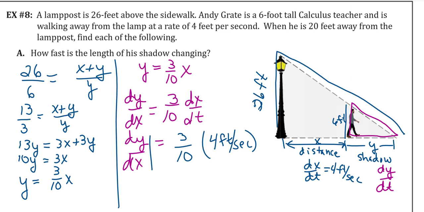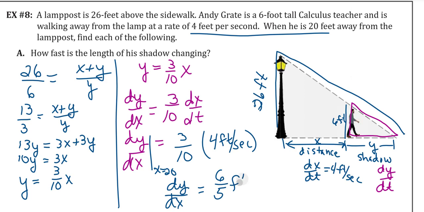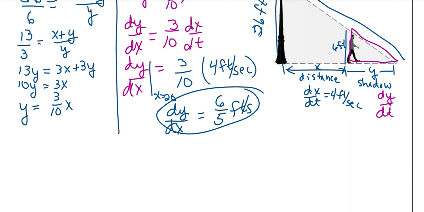And this is being evaluated at x equals 20, even though you don't see the 20 in the equation, but it is at that moment because that's when they define the rate of change. So dy dt is going to simplify to 6/5 feet per second. Or you could say, if you wanted to write this in a statement, which I've been kind of lazy doing here in this section,